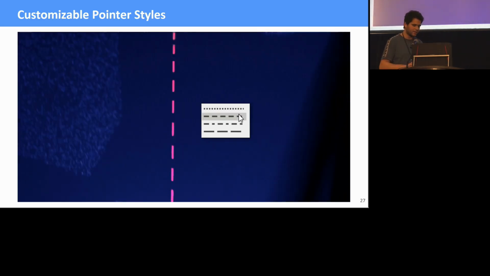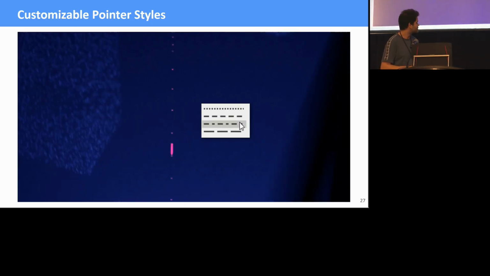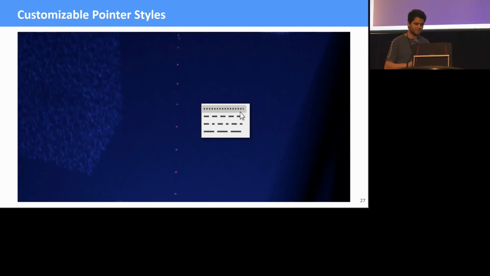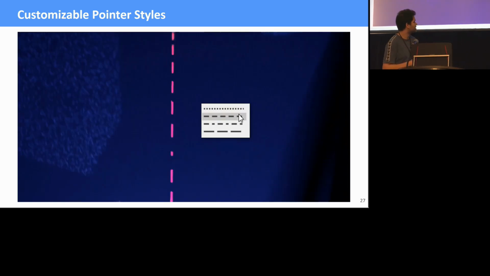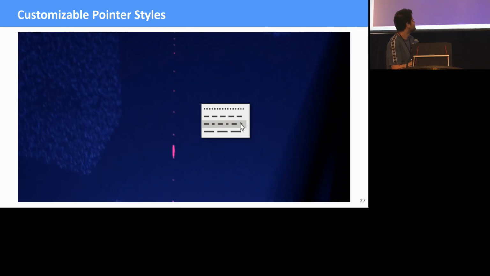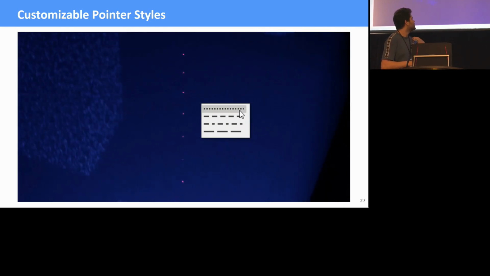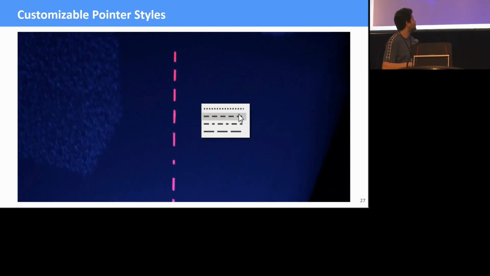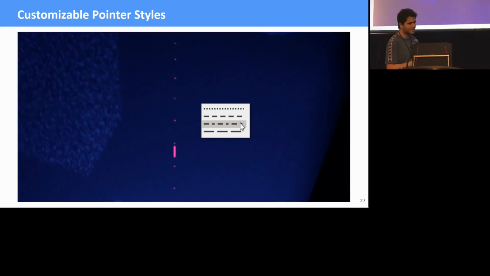Then we have other techniques that we implemented but didn't make user studies on, which was, for example, the customization of the line. That could be useful for some applications where we prefer, for example, a dot line, a dash line, or different lengths of the line.